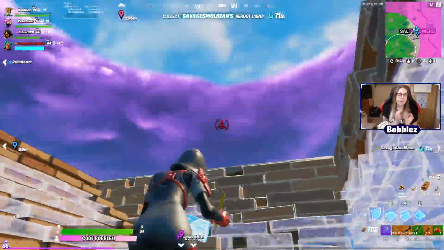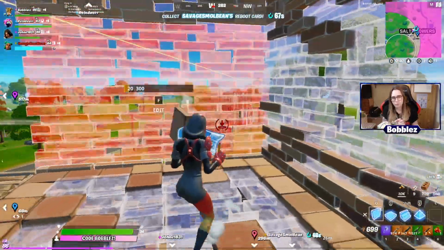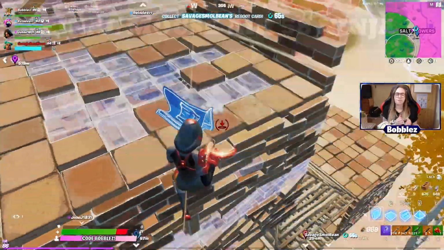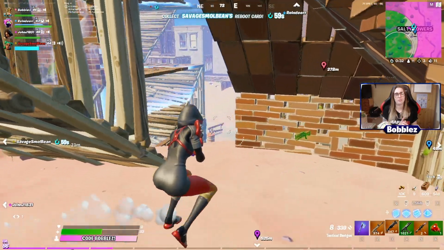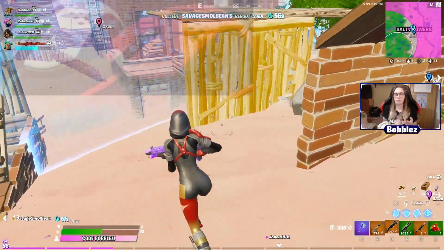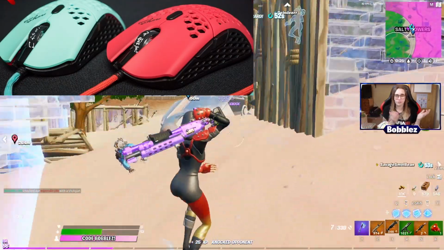Next up is another really popular mouse. However, it is almost near impossible to buy at the moment. It is in fact the Final Mouse Air 58 Ninja. Again, this one is incredible. It's used by the best players in the world. That is Nitro, Bizzle, and Bugha, and more. But I say those ones are the best because obviously 2 of those are the winners of the World Cup,